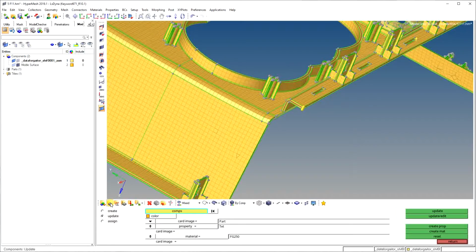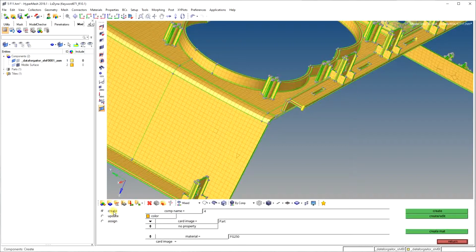On clicking on this, we get the graphical user interface to create the component. Now you have to give the name of the component, then specify its thickness.